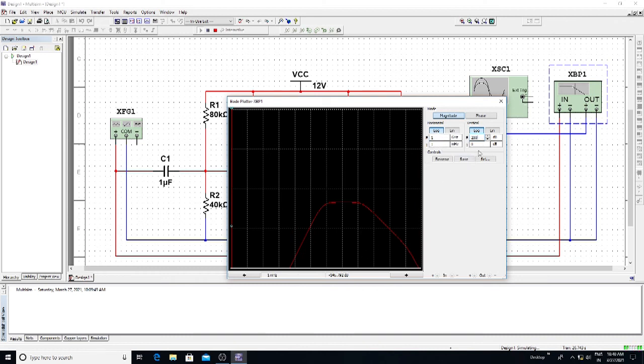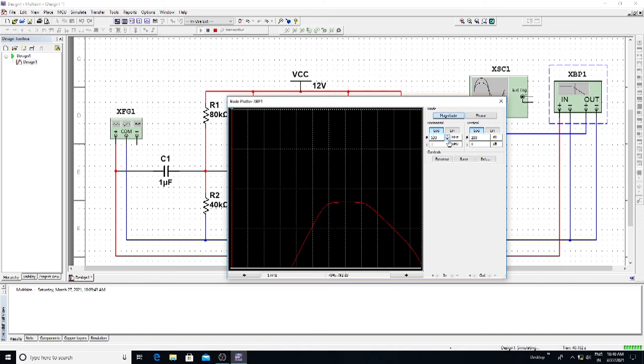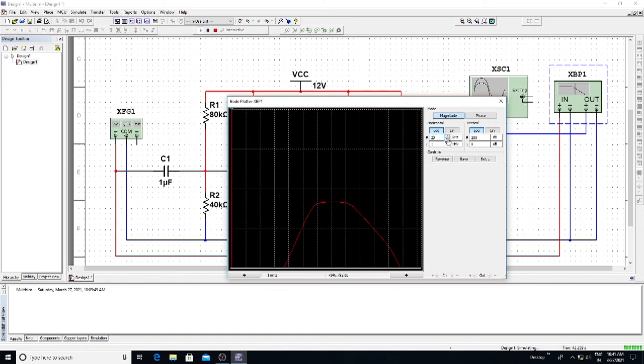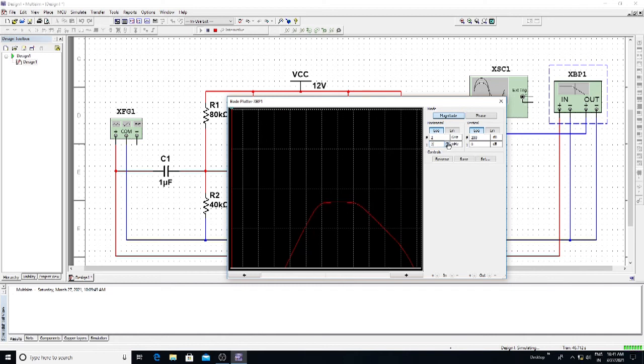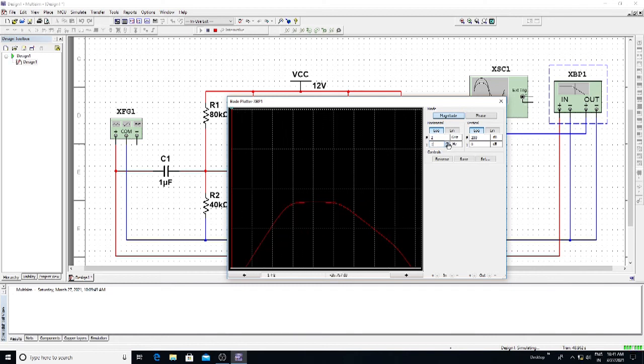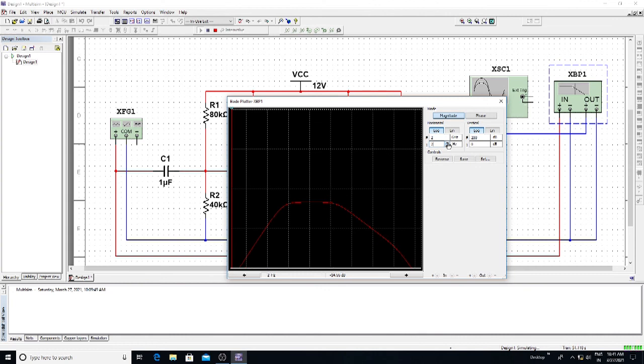After changing it, you see the frequency response you have got, right? You can also change that value according to the graph. You need to set the horizontal and vertical lines. So this is a frequency response.